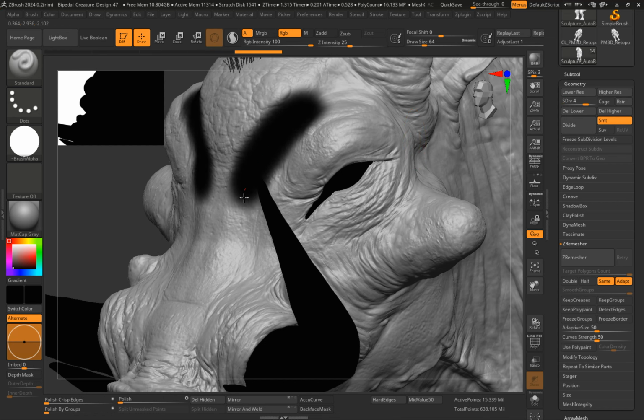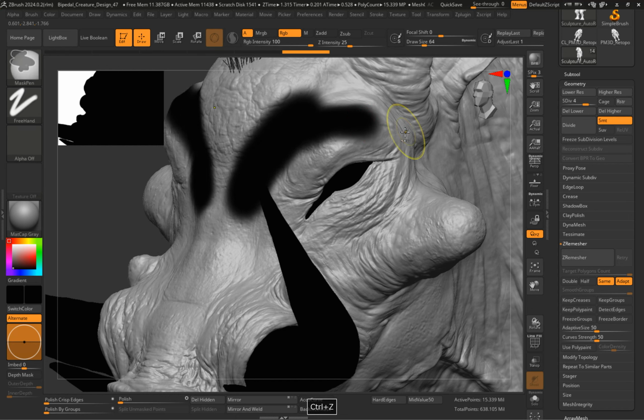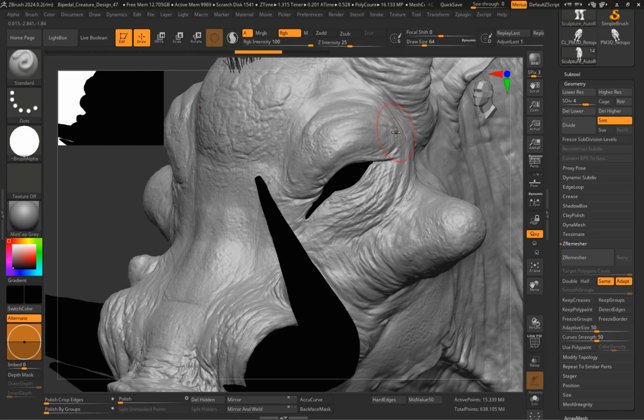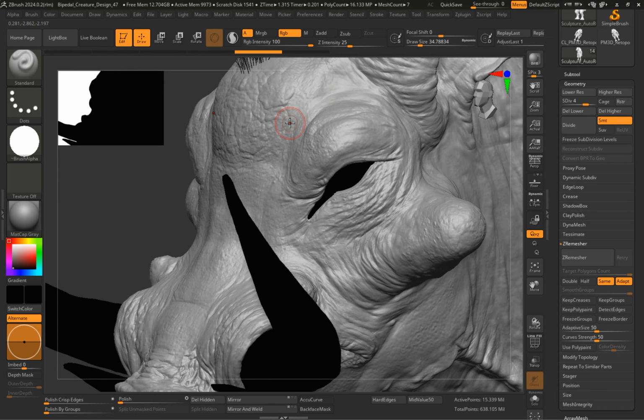We can still get a lot of resolution with this. Keep in mind that ZBrush is a vertex painter, meaning that the more points you have in your mesh, the crispier that texture will look